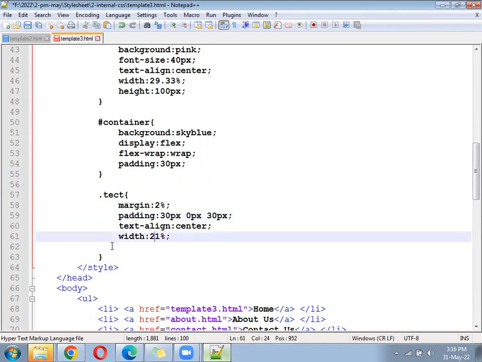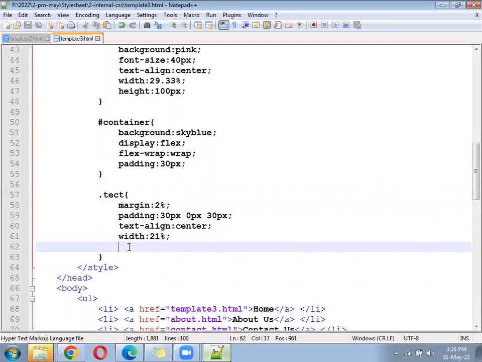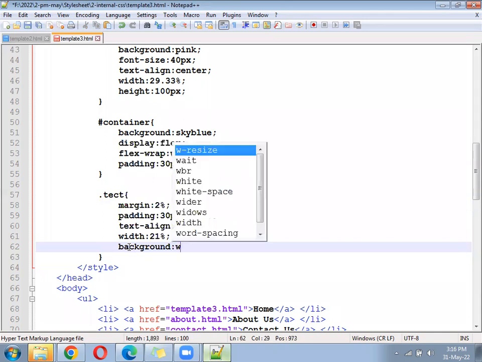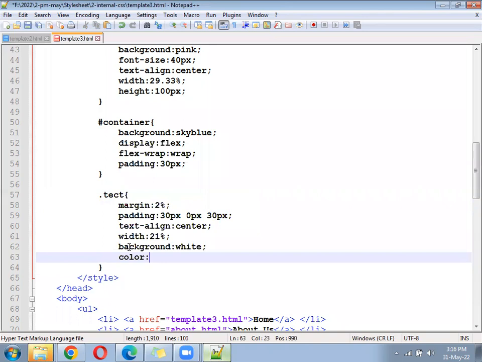Next after that, width how much will you give? Okay, give the width. See, margin is taking already 2%. Width we have given. So background as orange. Background which color? White color. Color as a green color.